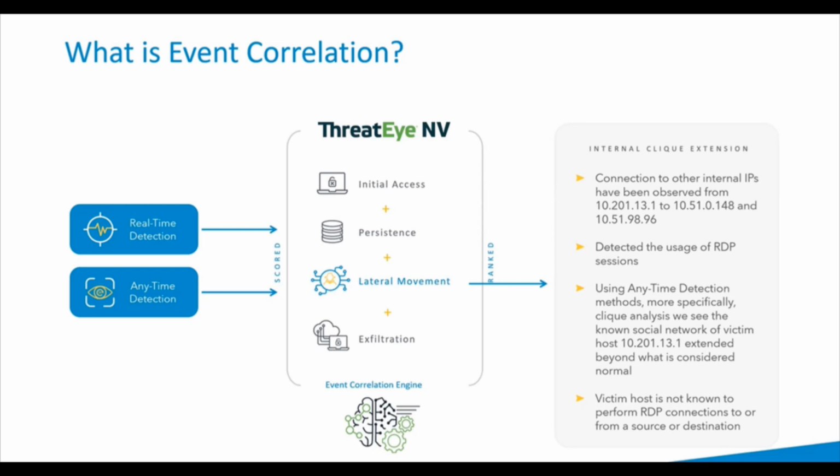And as a result, we have to track that over a long period of time to see if there's a cadence. So if you look at 6 to 12 months and we see that this backup exists at the same time a month, every month, same sort of data volume, et cetera, then we can deduce that, okay, this is probably an expected relationship. But if it's not, it wouldn't exist in the history. And that would be a strong indicator of something new and possibly something malicious. And last but not least, we observe that the victim host is not known to perform these RDP connections, which is also a strong indicator.